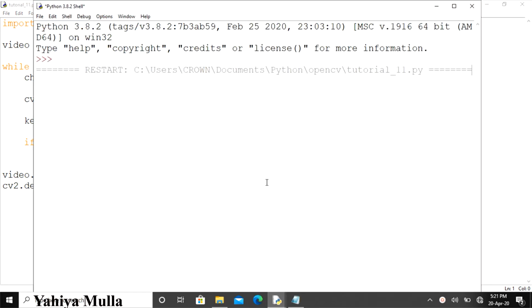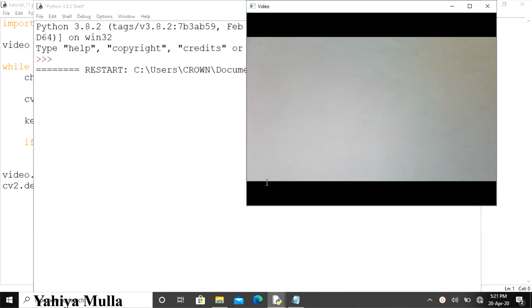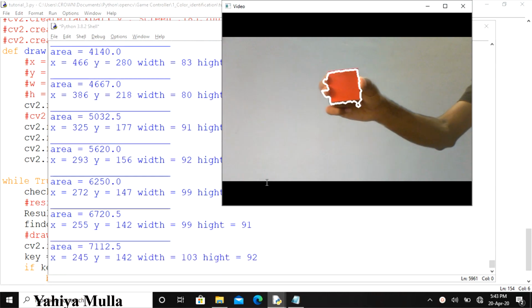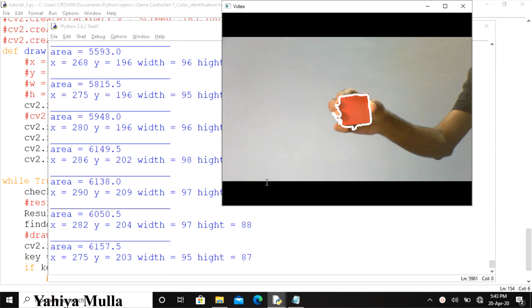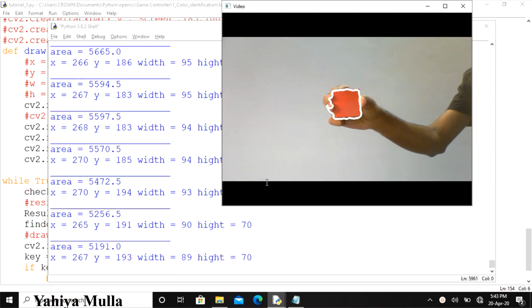Therefore, I started by detecting the object or color, for which I had to access my webcam. Once the webcam was accessed, it was time to detect the object or color. I created a mask of the object to be detected, aka finding the region where only that object or color can be detected. Then I had to find the points or contours for the object to find its position on the screen.